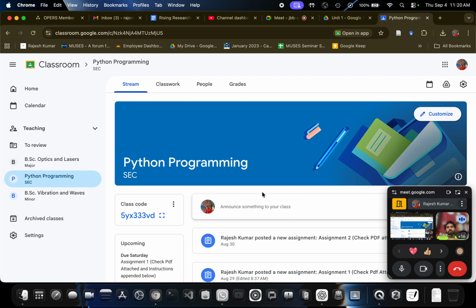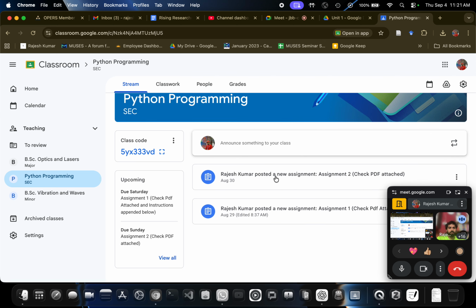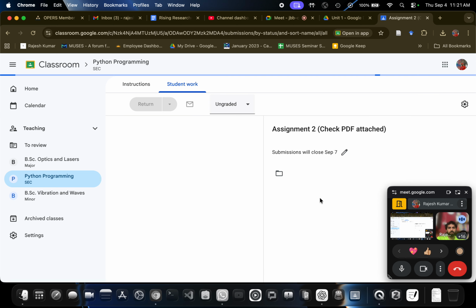I also suggested some alternatives to some of them. Maybe you have tried them or not, I don't know. But if you cannot submit the first assignment, it is fine. For the second assignment, you have numerous online Python terminals. You can just go there and type or write whatever you want. So please complete the assignment too by the due date.